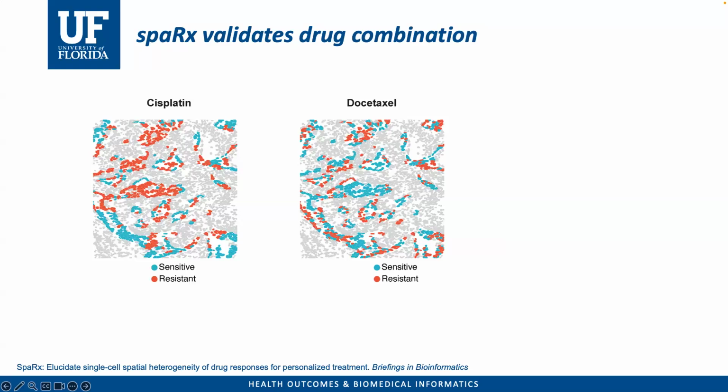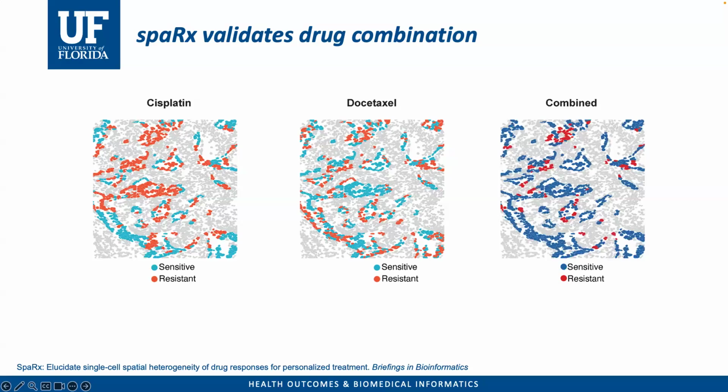This is the cisplatin lung cancer drug, and this is docetaxel, another lung cancer drug. We found that for the same tumor cells, they present different responses to different drugs. And very interesting is when we combine these two drugs, more tumor cells become sensitive, which is a good sign. It means that this combined therapy may be more effective than the single drug, and it is also proven in clinical practice. So this serves as a real-world validation of our model, how it works and how it can be translated into